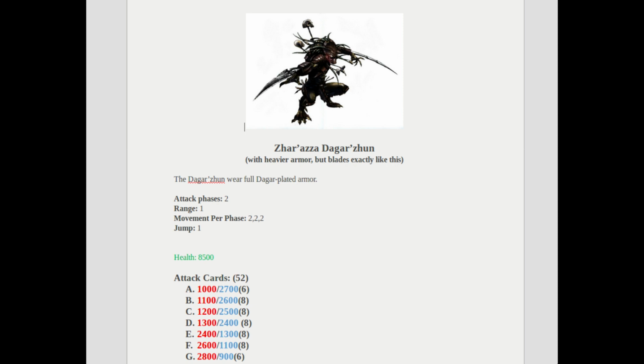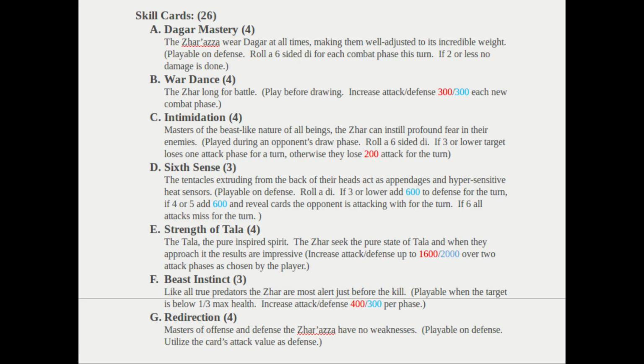But then some artists might be like, look, this is a solid project you got. If they looked at the whole project, obviously the project is much bigger than this one character. I've got like 36 characters right now. But anyways, they would make these attack cards, and then that would be one part of it. Going into more detail, each one of these characters has more than just attack cards. They've got skill cards. If you look at this right here, you can read what each one of these does. And there's rules involved with how this game works, so it gets sort of complicated. But there's a lot of work that I need done for this.